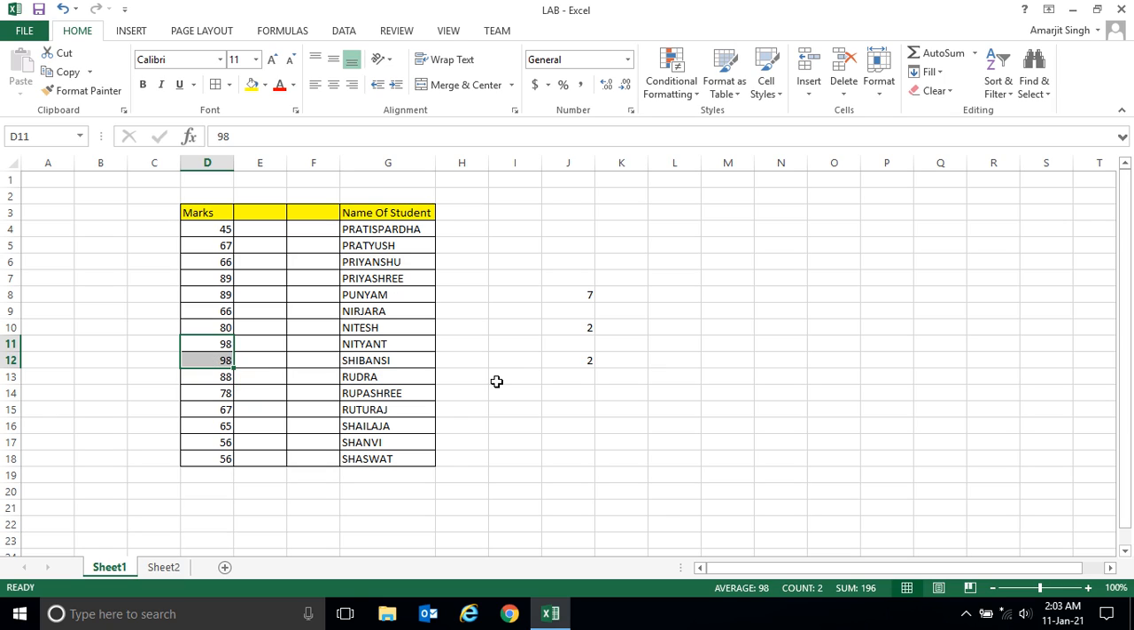So this is the function we have seen, that is the CountIF function. So using the CountIF function we can count the number of cells based on your desired conditions. Okay,